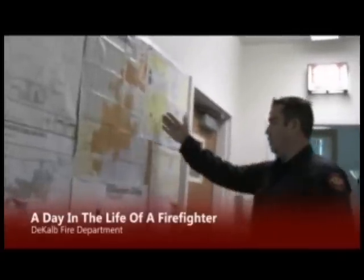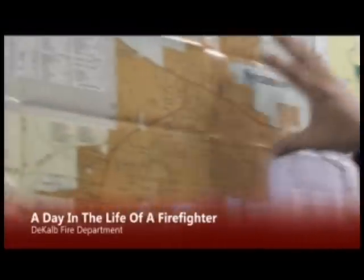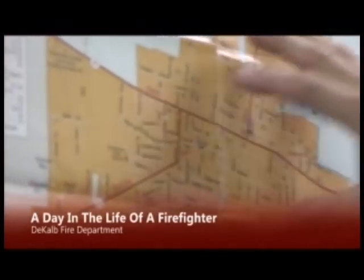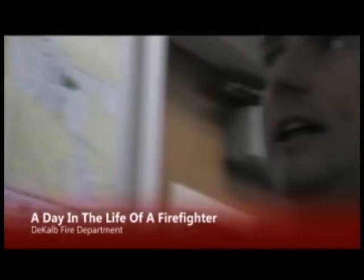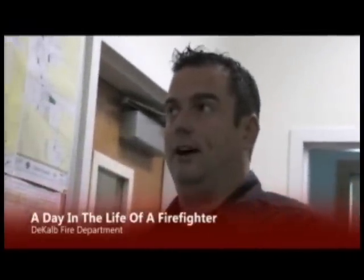We've got Genoa, Cortland, we've got Malta addresses. This is the big one for us. These are our partners to the north, I guess you could say, in Sycamore. It's got all the specific streets on in here. So if we ever get toned out for any particular calls in any other town, then we can go ahead and go here. We'll also get that information from our dispatch, as well as